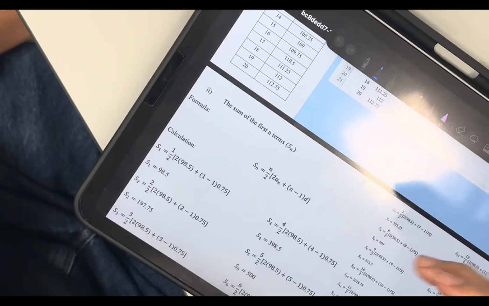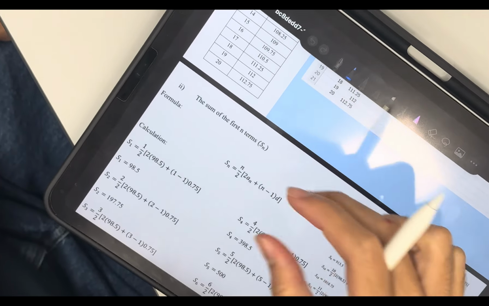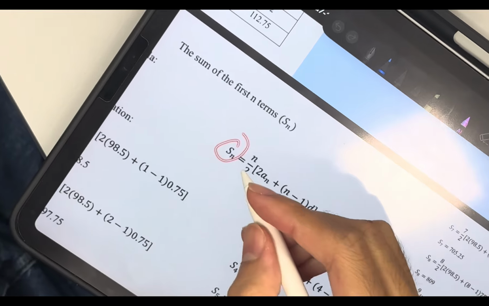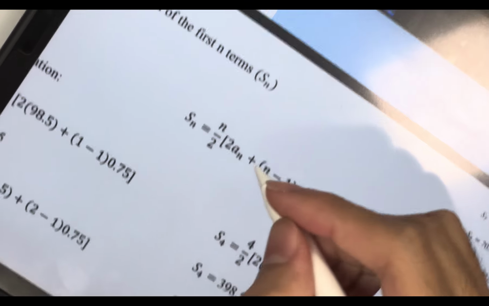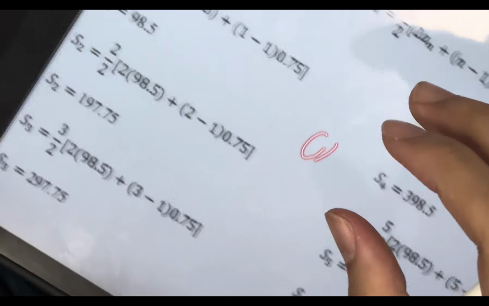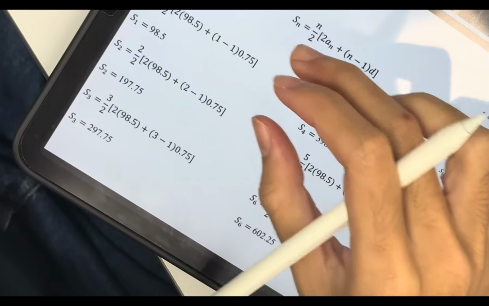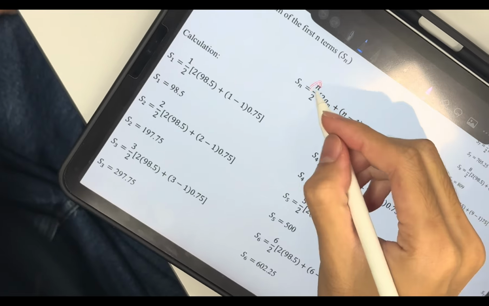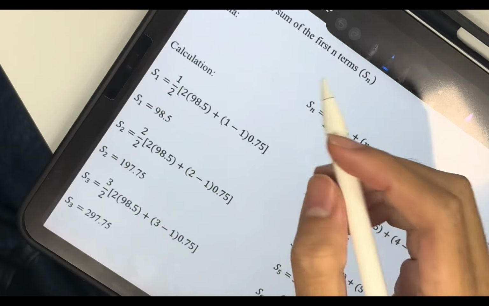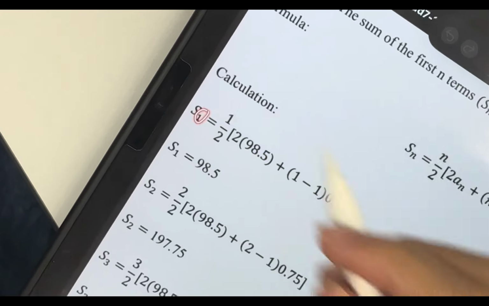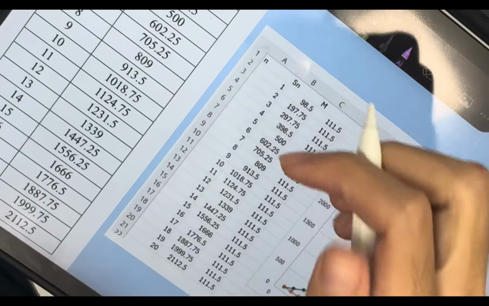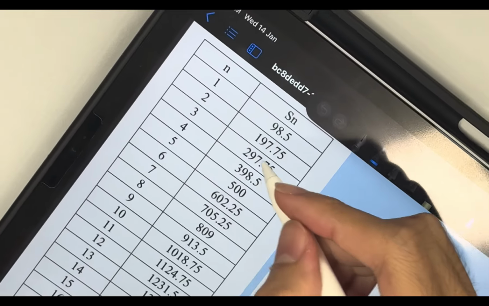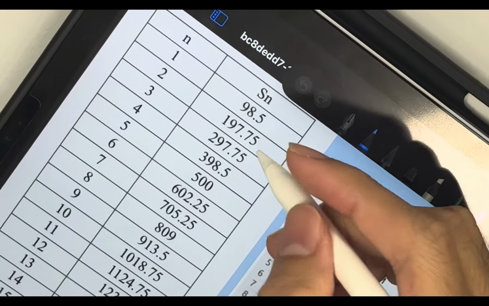So next, for the sum of the first n terms we use the Sn formula. Sn equals n over 2 multiplied by (2a1 plus (n minus 1) multiplied by d). So next, the calculation will be the same. We replace the n for S1 up to S20. So the answer will be 98.5, 197.75,